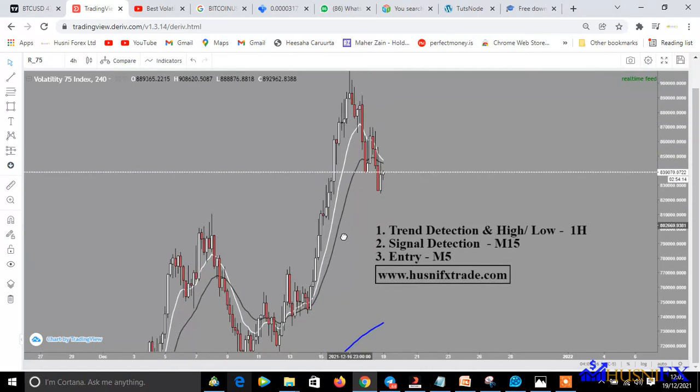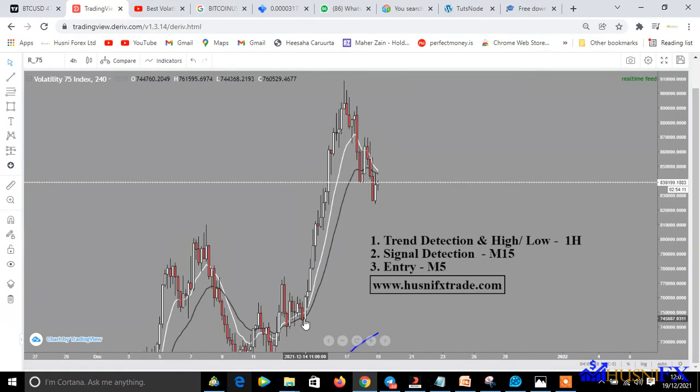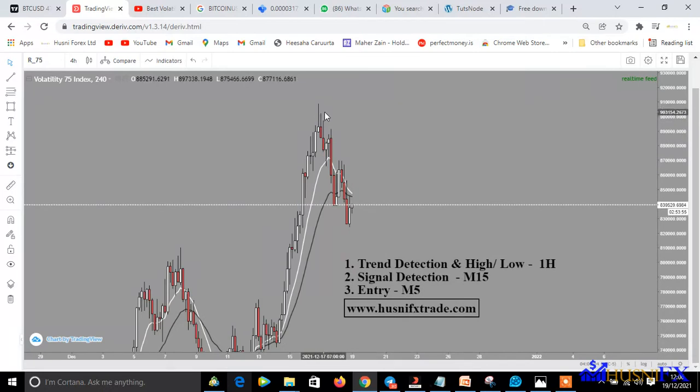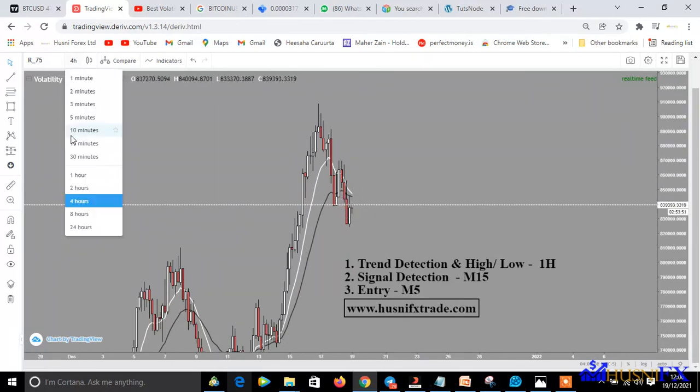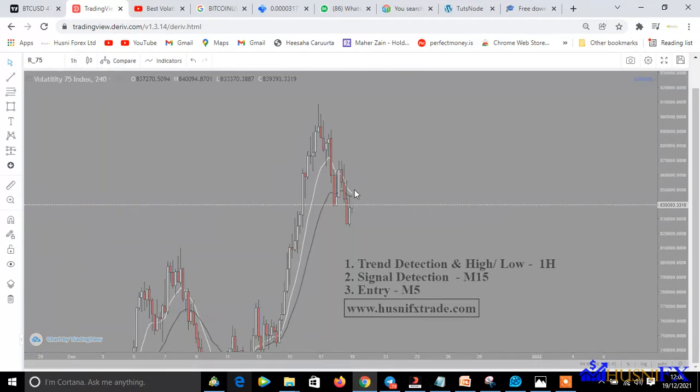So this is the major move and this is the minor move. So guys, from here to here the market was moving very nicely. It was a crazy buy, and you can see that this market has sold for a short time. According to this movement, this movement is so small. So when you see this market moving this way, if we go to 1 hour, something different is happening,